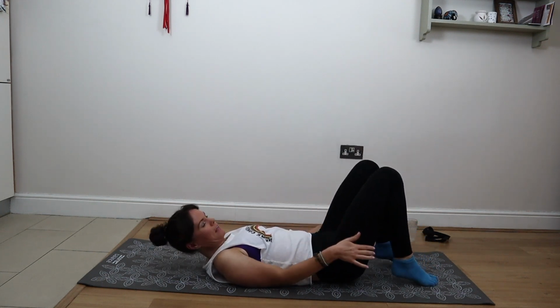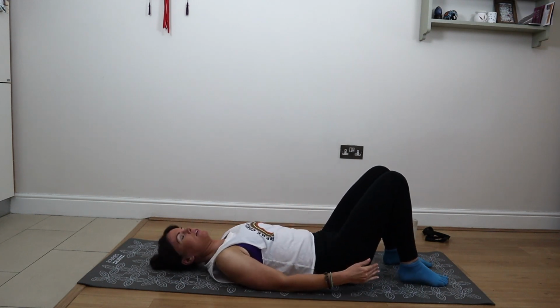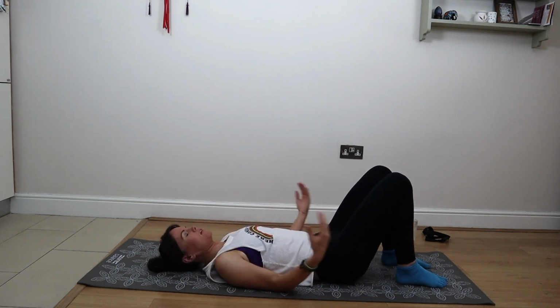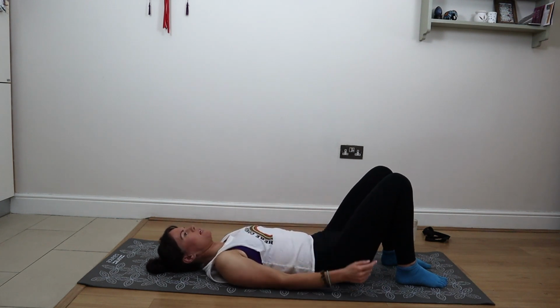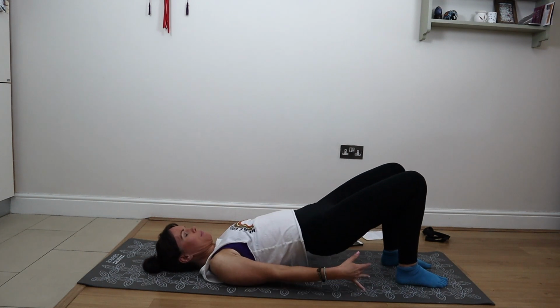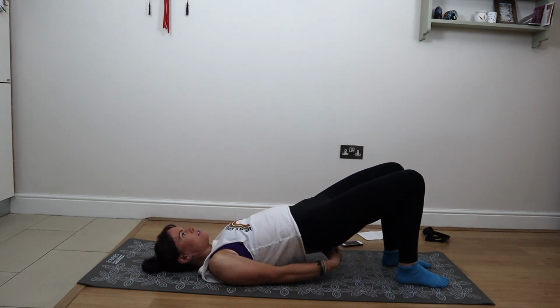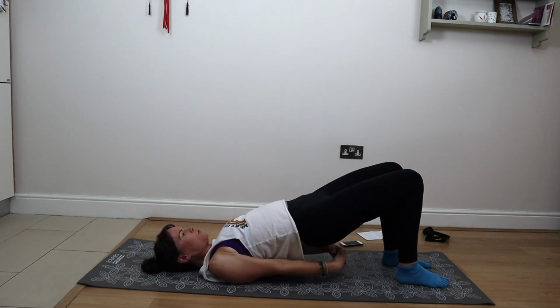And then let's bring the feet to the mat, hip distance apart. We're going to lift the hips and interlace the fingers underneath the pelvis to open out the chest. So looking straight up at the ceiling. Start to peel the hips, lower back, middle back, upper back off the mat. Squeeze the glutes, interlace your fingers underneath the pelvis, roll the shoulders underneath you, straighten the arms and push the